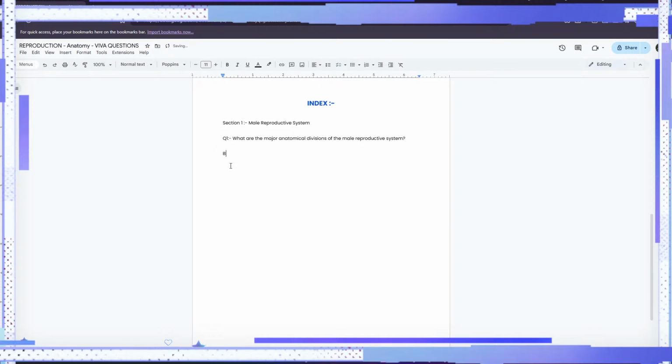Broken down, four major parts. Let's list them. First off is your testes, which are the primary sex organs, or you could say the gonads. Second is the duct system. So that includes the epididymis,